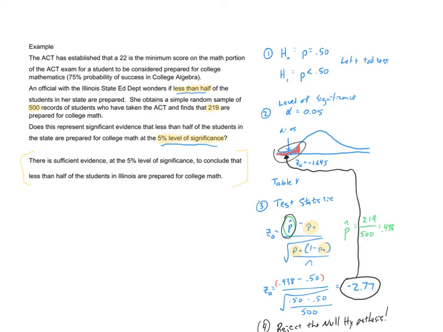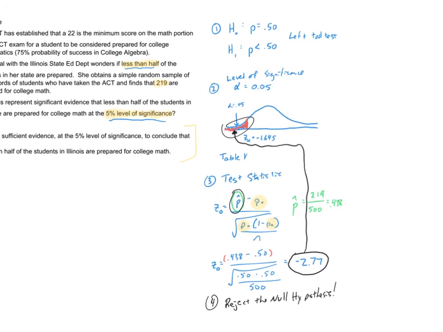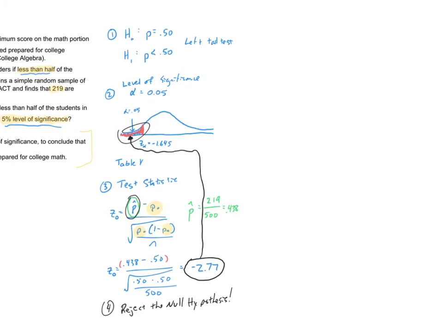Now we get to look back at the example about the ACT exam. I'm not going to go through this in its entirety again because hopefully you watched the previous video. But pointing out what's different, right? If we were doing this with the p-value approach, our step 1 would stay the same. Check that off. Our step 2 would stay the same. Our step 3, that would be different. That would be typing things, clicking some buttons in Minitab,